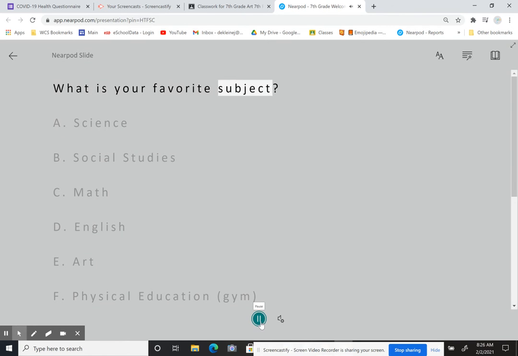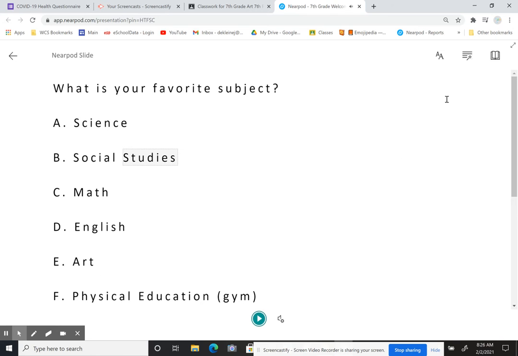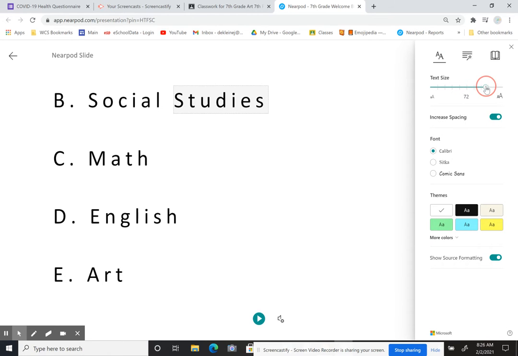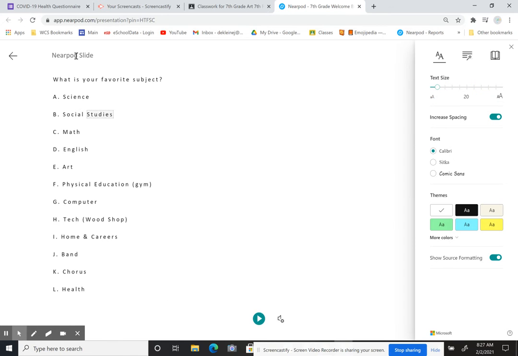What is your favorite subject? A, science. B, social studies. Right, and you can continue reading on. You can also change the size of the font if it's really difficult for you to read. You can enlarge it, you can make it smaller so you can see all of the options that you have